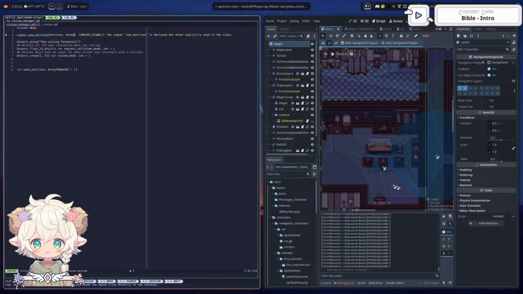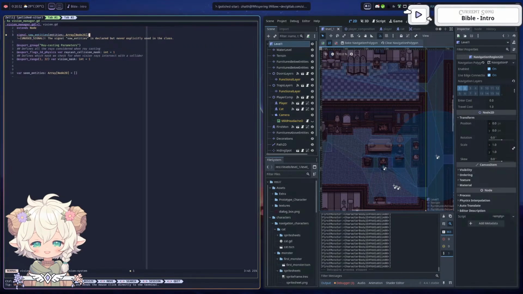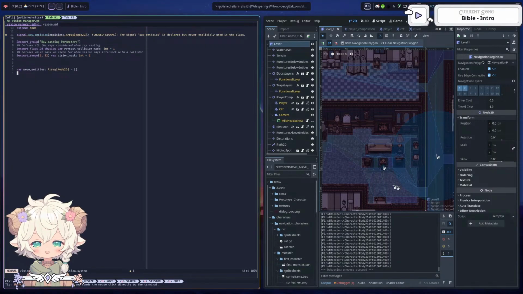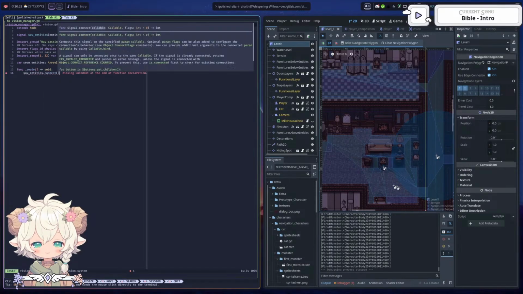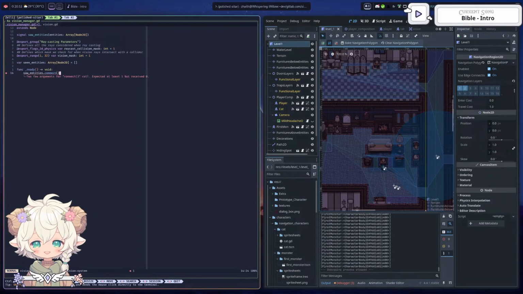It's funny because in entities there is cities, and yeah, that's the signal we want. This signal will be used no matter what. So var scene entities, so we have that. We want to use it in the ready function. So yeah, can I just func ready? I want to do so entities.connect, and I want to connect it to scene entities,